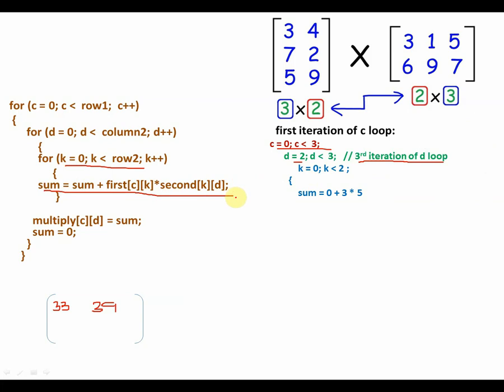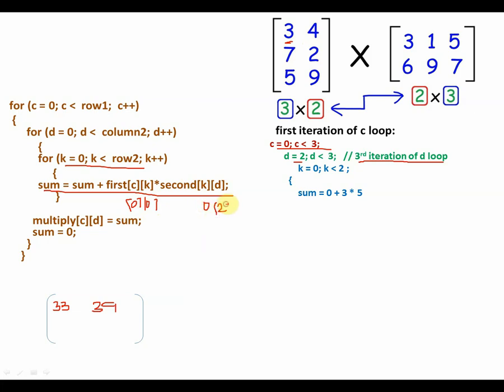Now let us check whether the values we see over here are correct. So first of C, what is C? 0. What is K? 0 the first time. So what is first of 0, 0? Which element is present at 0, 0 in the first matrix? This one. Which element is present at K, which is 0, and D, which is this time now 2?